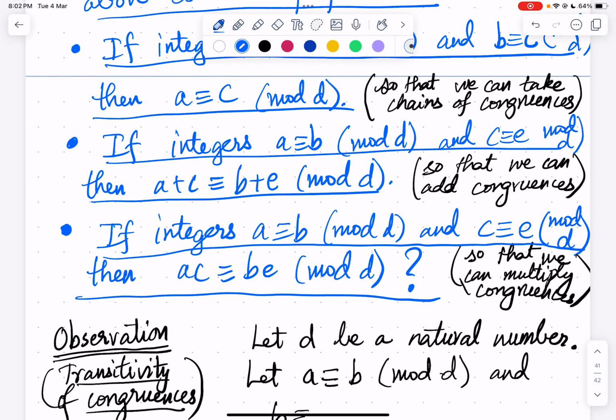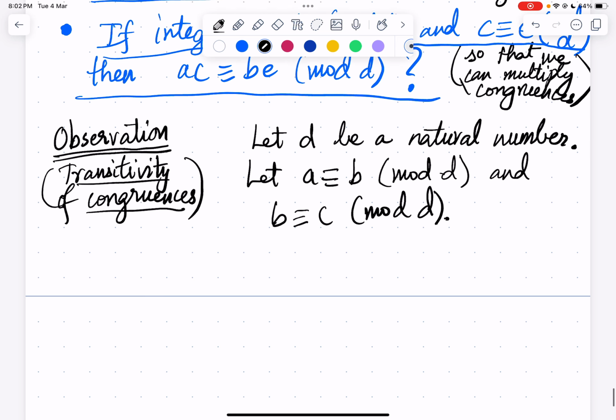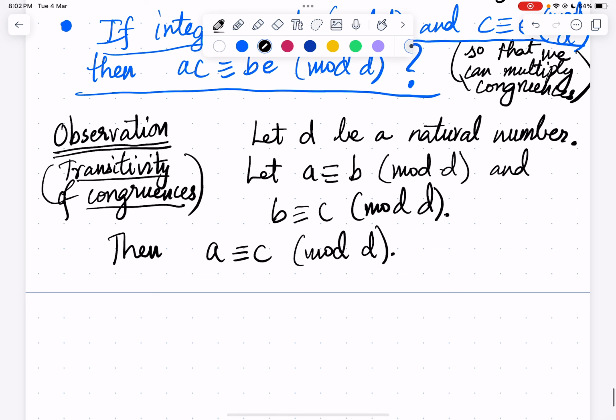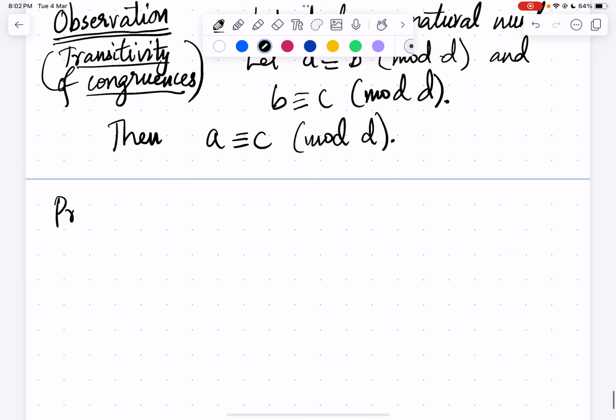B is congruent to C mod D. Let A be congruent to B mod D and B be congruent to C mod D. Then we have A is congruent to C mod D. So we can take chains of congruences. So the proof is